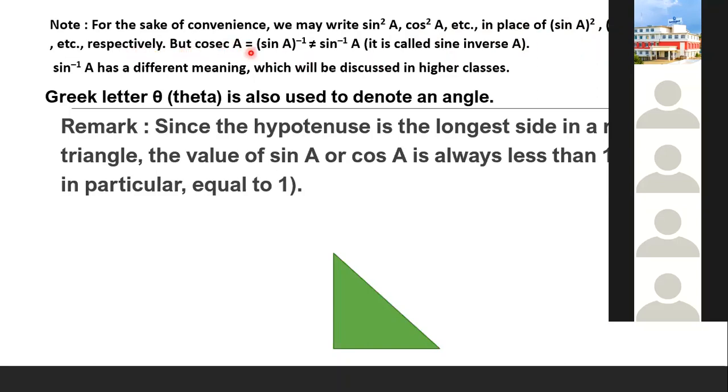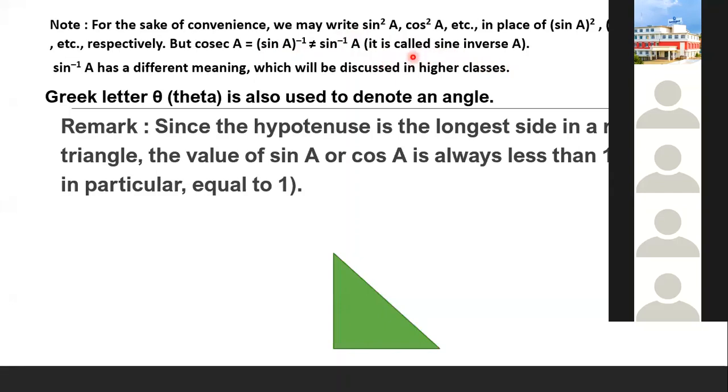But in respect to cosecant A, as I said, it is a reciprocal. In the rational numbers chapter, we were using reciprocal as inverse notation, right? Power minus 1. But in this case, cosecant A is 1 by sin A, which is different from sine inverse A. Am I clear, children? Both have different values here. This inverse is for both sine and angle A. It is called sine inverse A. This is how we need to call this one. Am I clear?